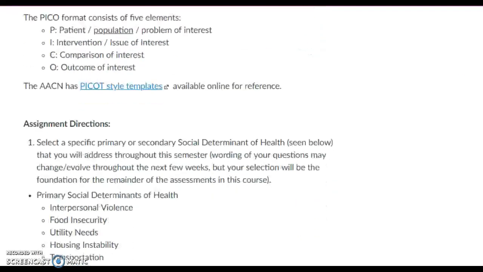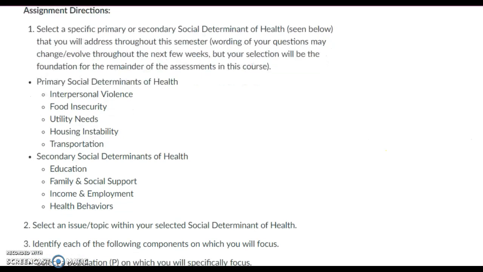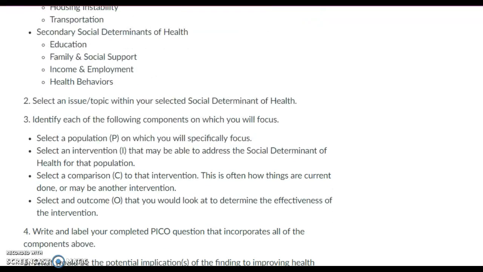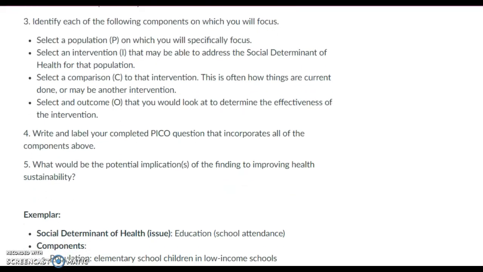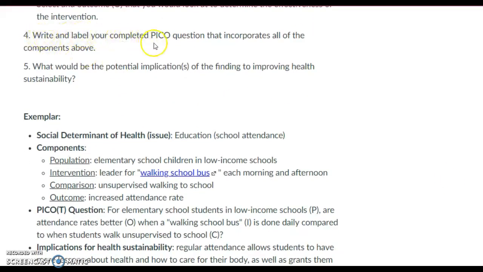Now, as you look down under the directions, you will see again that list of social determinants of health. You'll need to list which social determinant of health you're addressing. So, for example, utilities needs or education or health behaviors. Then beside that, you're going to let us know what issue or topic within that determinant of health you will be addressing. And then you're going to form a PICO question based on that. Again, this is what we just kind of went over a moment or two ago about what each of those are. There is an exemplar in here that I'll show you. But what you're going to do is you're going to write and label your PICO question. I'll show you that in the example, as well as